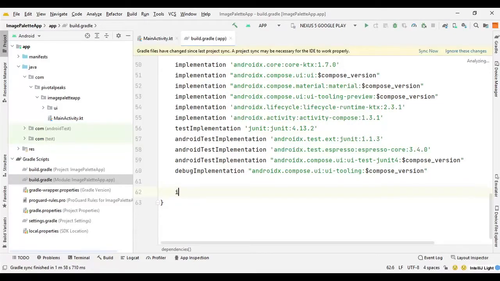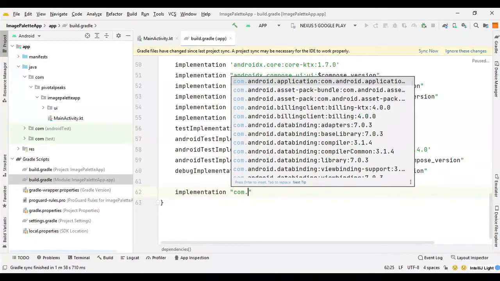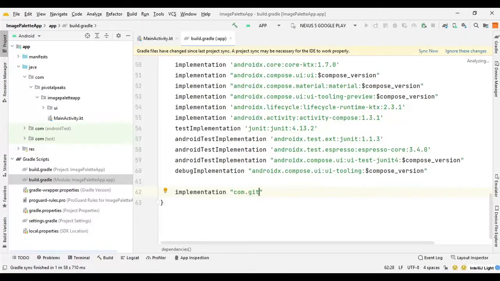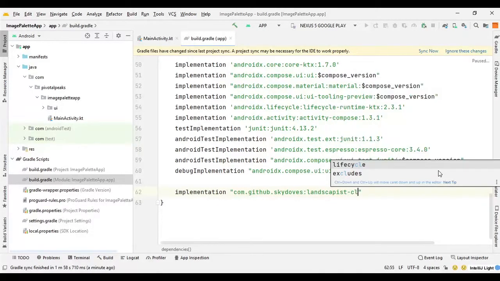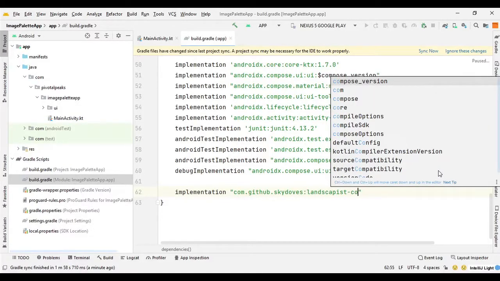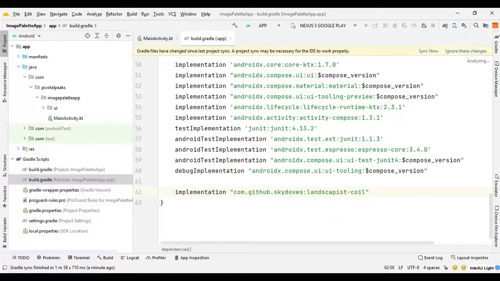So we can say implementation com.github.skydoves landscapist coil, and we can pass the version number, so it's 1.3.5.